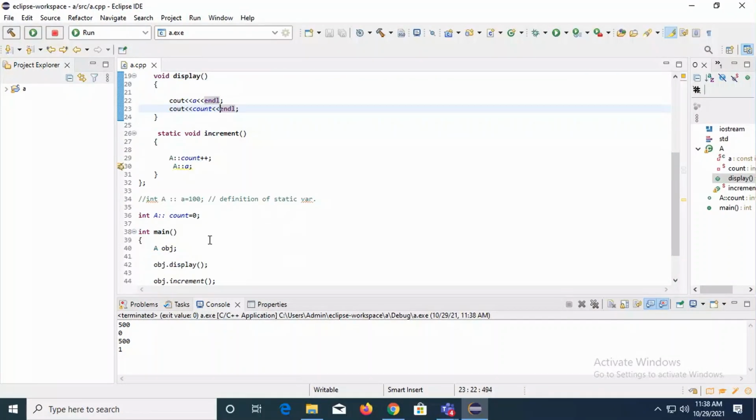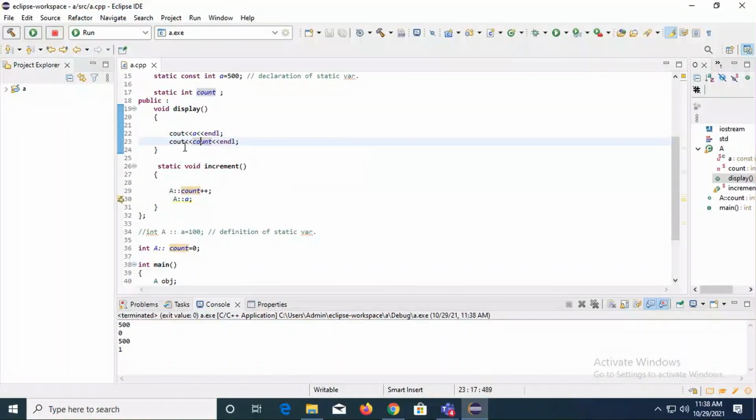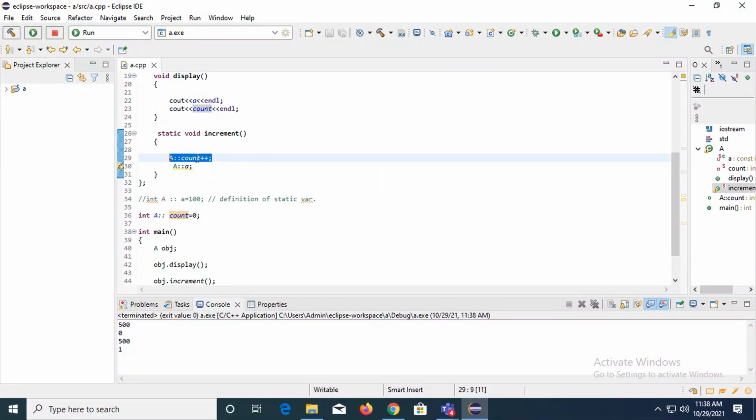Now you can see, हमने डिस्प्ले को कॉल किया सबसे पहले, तो डिस्प्ले में A चला, A का वैल्यू 500 प्रिंट हुआ. काउंट का वैल्यू यहाँ पे 0. This is a constant variable and this is my simple static variable. Then I again gave a call to increment, so control came here, count का वैल्यू +1 हुआ. So 0 + 1 हुआ.